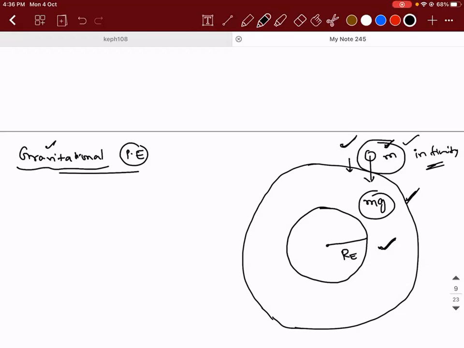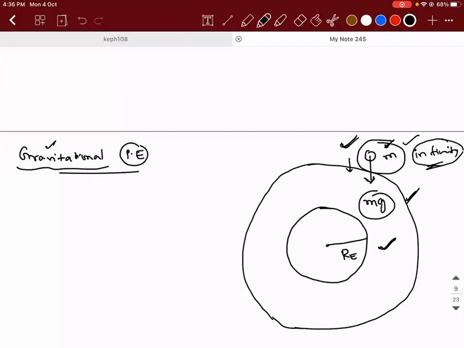it might get attracted or not, depending on whether the object is placed within that field or not. Now I have a question. If I say that is called a field, what will be the name of the field that you will give? Gravitational field. Yes. What I'm trying to say here is, if there is a possibility of you placing a mass outside the gravitational field of the given planet, here the planet is Earth, that point is what is called infinity.